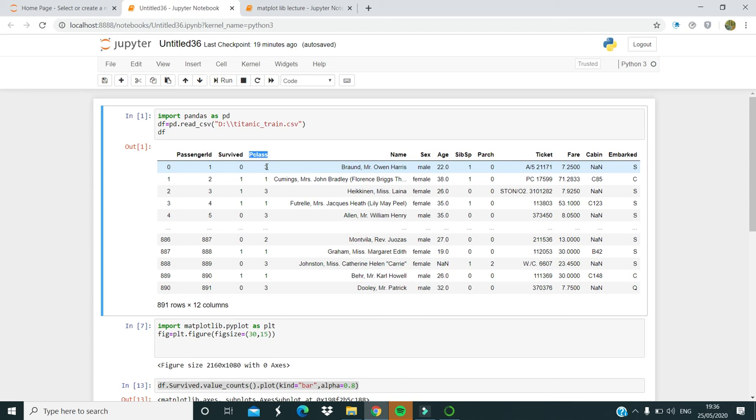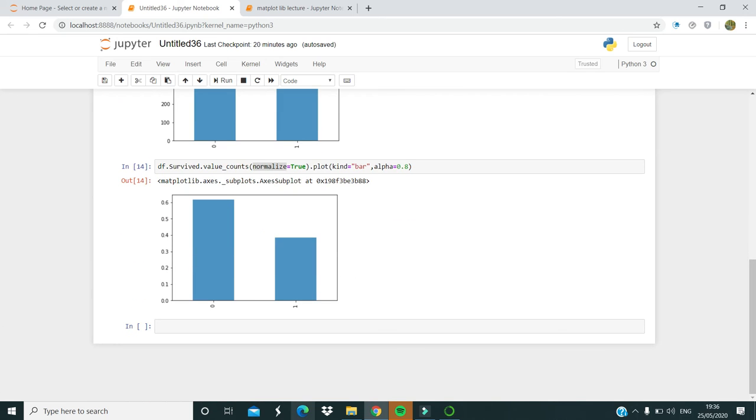To get the actual view of that, visualization is very important, because by seeing the data it is very difficult to understand how many people are in the first class, second class, or third class. For that, how can we view it? To access the passenger class, what do we have to do? We have to access the P class column, as we have done with survived. To know how many people survived or died, we accessed the survived column. So here also we have to access the P class column.